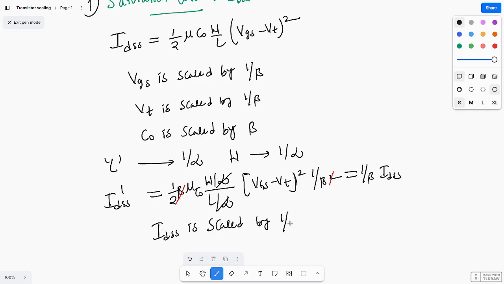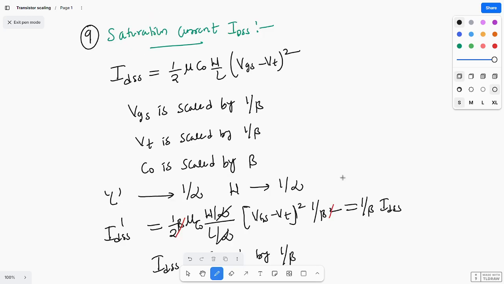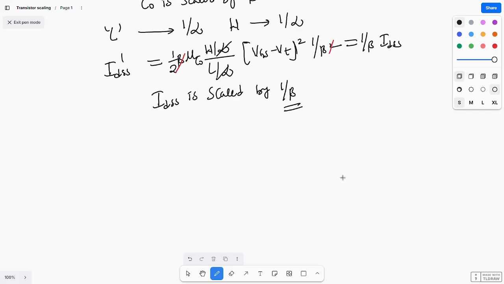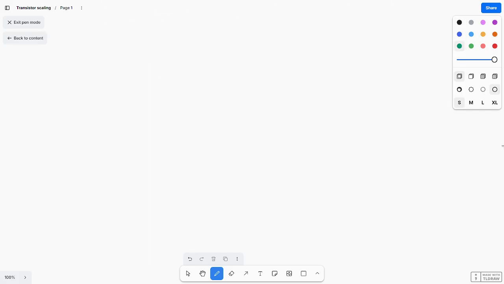IDSS is scaled by 1 by beta. Okay, so this is about the saturation current, that is IDSS. Okay, and next one we'll see, the tenth one,